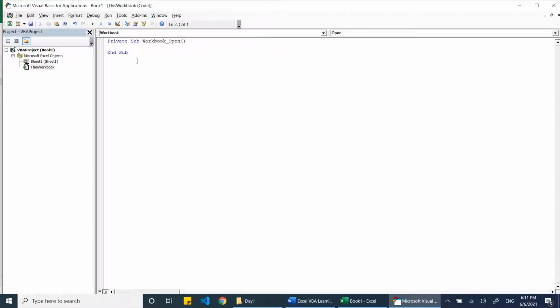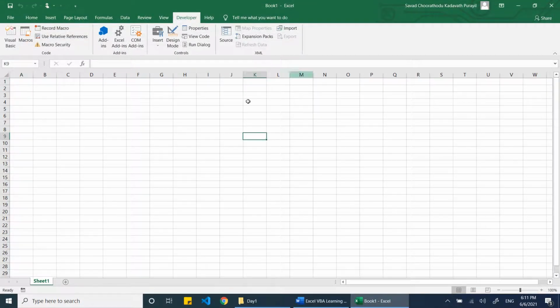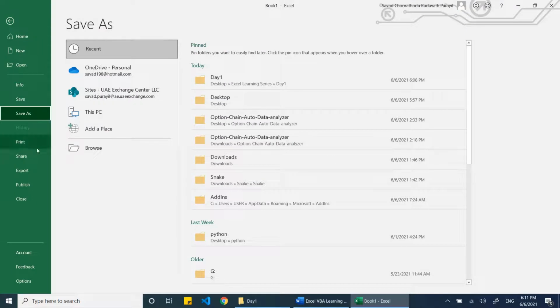To show a message, there is a built-in keyword, which is MsgBox. You need to write it in the same way, though capitalization, small letters, is not an issue. MsgBox, then in quotation, the message we want to show. So we'll write Welcome and close the quotation. Any text we write, in programming we call a string, and we have to write it in between quotation marks. If it is a number, we don't need the quotation. So I can straight away close from here. No need to save from VBA. I'm back here. Now I'll save the Excel sheet.